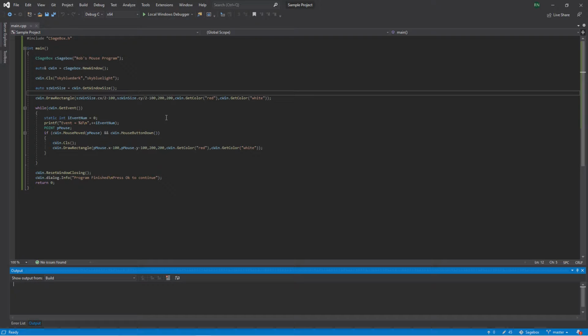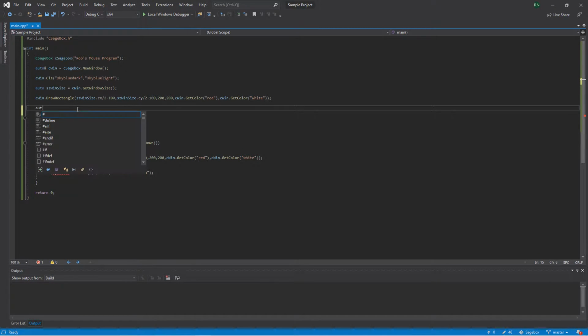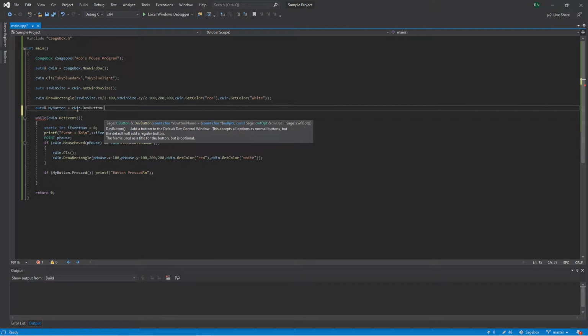But here what I want to do is just add a couple controls. So let's go ahead and get rid of this because we don't really care about that once we press the X button. And what I want to do is add a button just for the heck of it. So I can say auto my button equal. It's always good to use the window that you're using because that's where we have the event loop. You can move any Windows events to any other Windows events, but it's good to just use the window. And so what I can do is say dev button, and what it will do is, in fact,